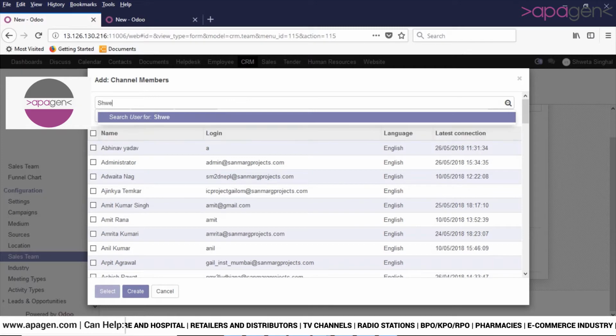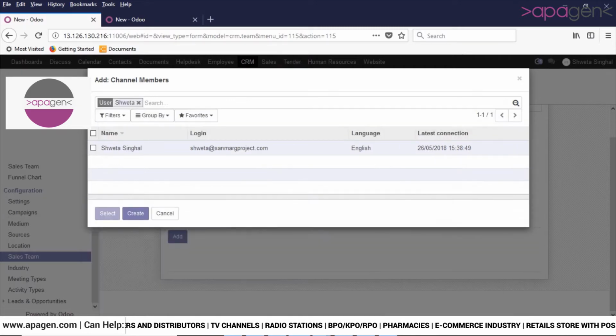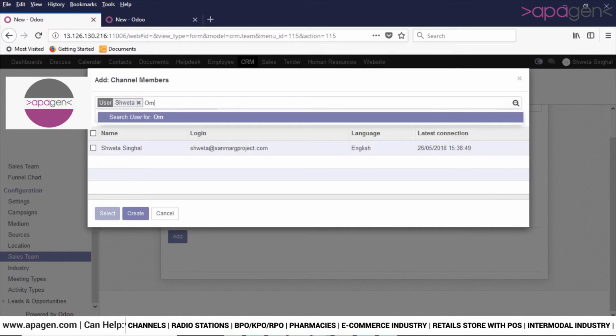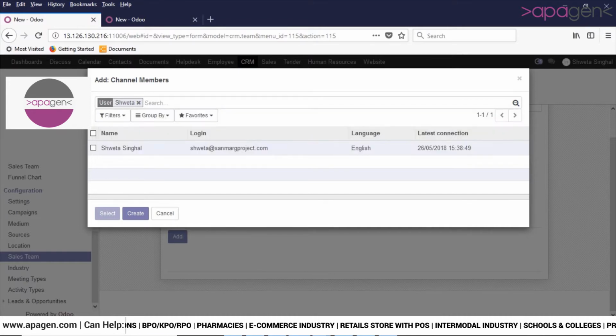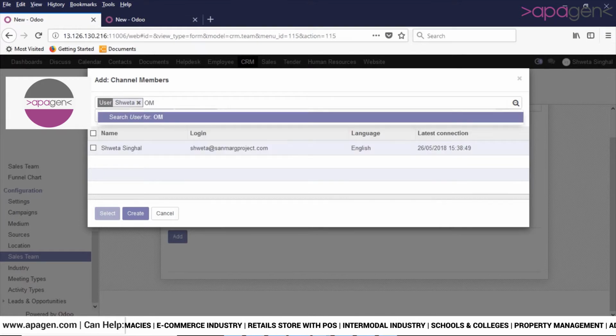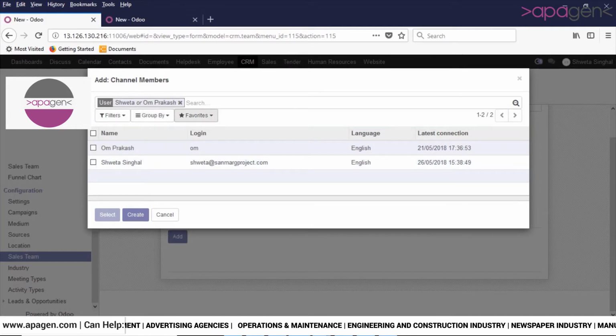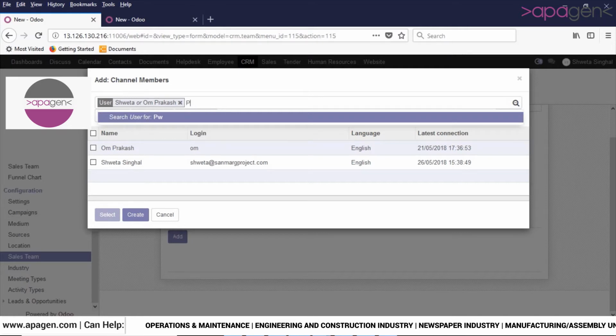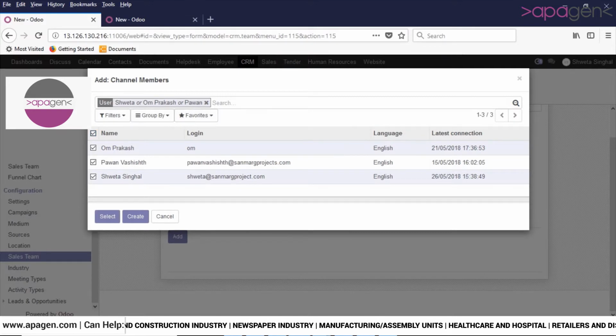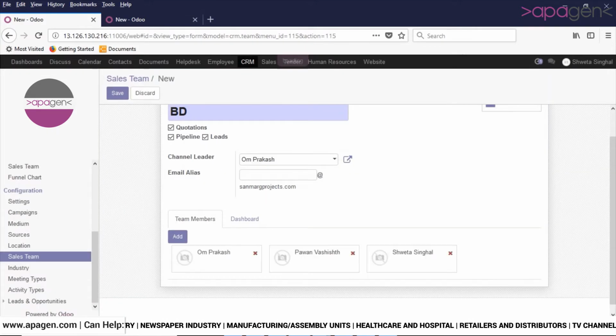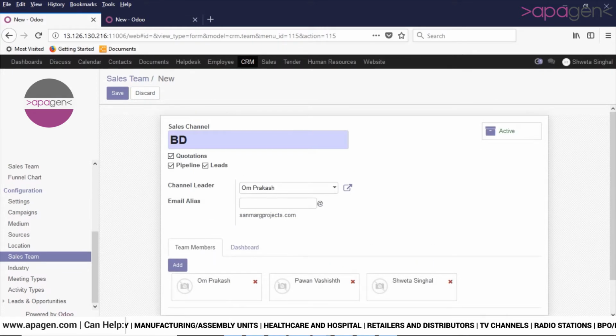For example, here I am selecting the team members as Shweta and Om Prakash, and Pawan Vashisht. Select all the team members. This way you can add multiple team members in your team.